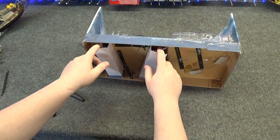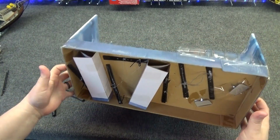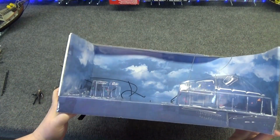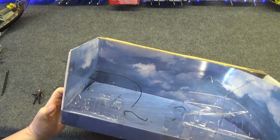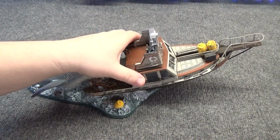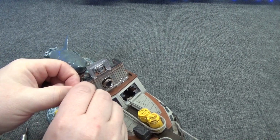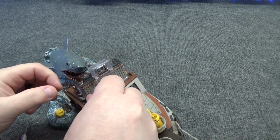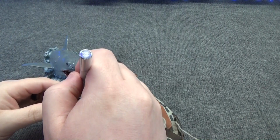See here, I don't see any instructions or anything here. Alright, so that looks like that is the end of the packaging. Alright, so let's remove the tape here. I think that this was really good thinking on their part